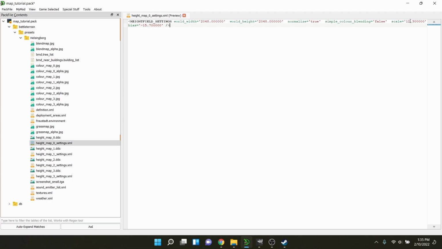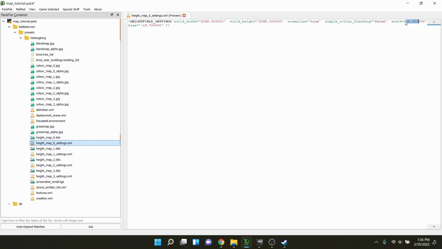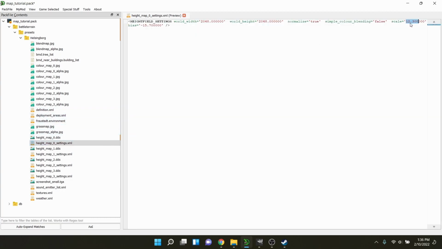Scale here tells the map how extreme to make the height map. So in this case, if you wanted like a really abrupt terrain, you bump up that scale setting. If we did 50, every little increment of change in the black to white tones here on the height map would be a much larger increment of change, if that makes sense. So we'll leave this the same for now,